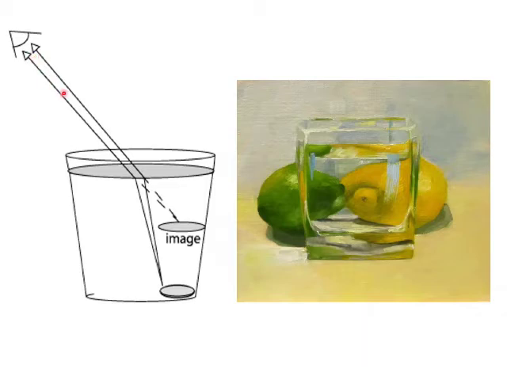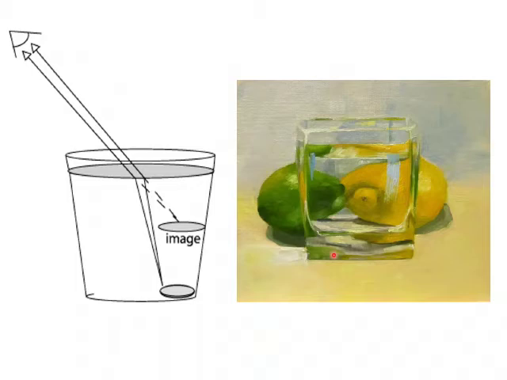But we see the straight line path, and when you extend these rays backwards, they meet here, and it appears as if the rays are coming from here and the displaced image of the coin is formed. So the person feels as if the coin has been raised. And this is where the coin actually is, whereas it is at the bottom of the glass.